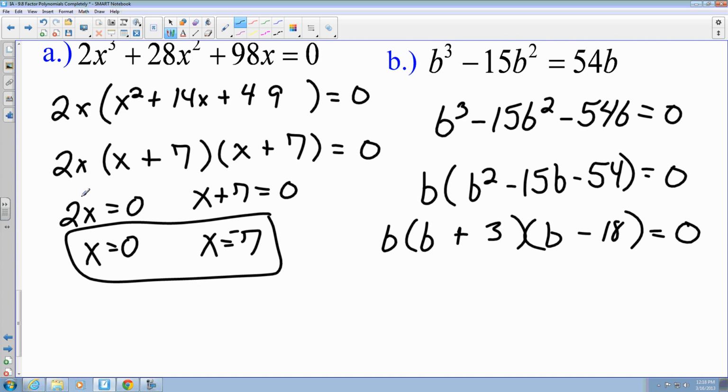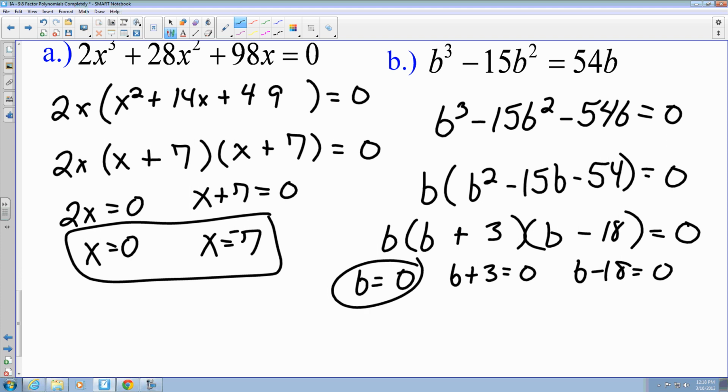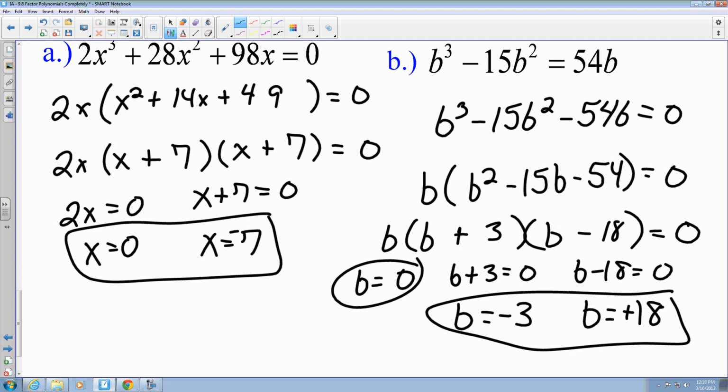So now I get to use the zero product property on 3 of them. So it's going to be b equals 0, b plus 3 equals 0, and b minus 18 equals 0. So the b equals 0, that's right there. So now b can also equal negative 3, and b can now equal a positive 18. So those three answers would be the answers for example B. And that is being able